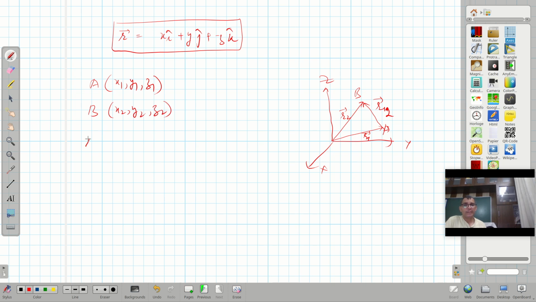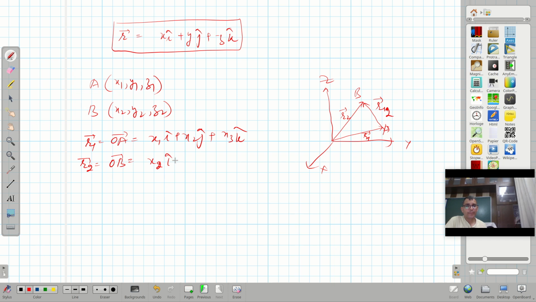Then the r1 vector is basically the OA vector, and it can be represented as x1 i cap, y1 j cap, z1 k cap. Similarly the r2 vector is the OB vector, equal to